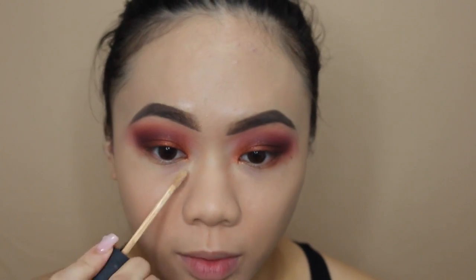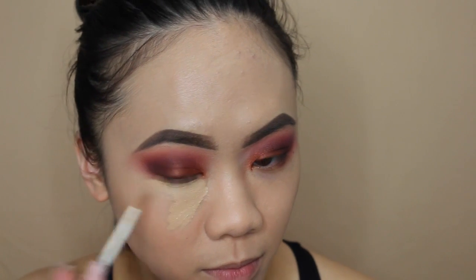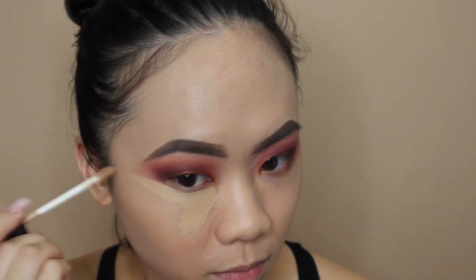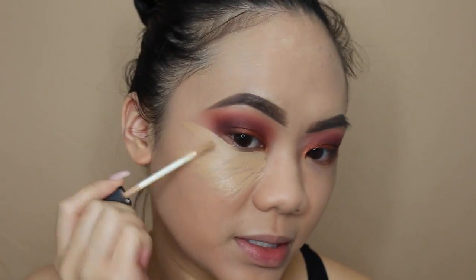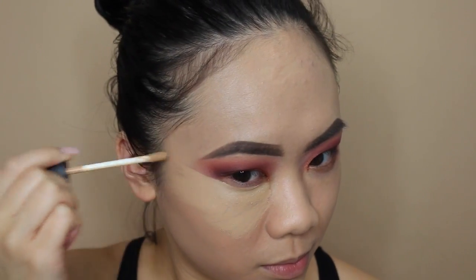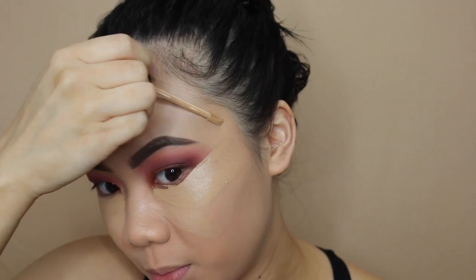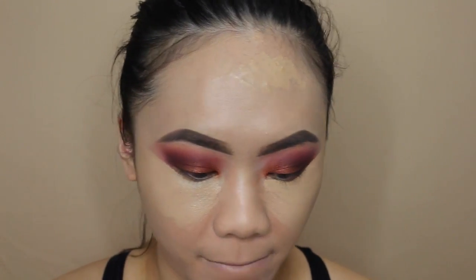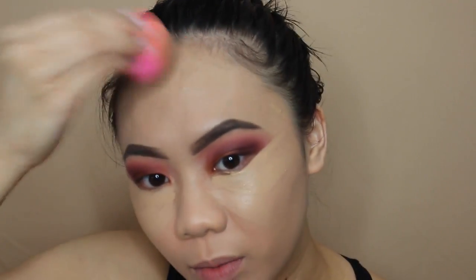Now for concealer, I'm going to be using my Nars Radiant Creamy Concealer in Ginger, and I'm going to just correct with this shade. And also trying to fix the shape of my eyeshadow to kind of cover some of my imperfections. And then I'm going to blend everything out. So I'm going to start with the forehead where I put